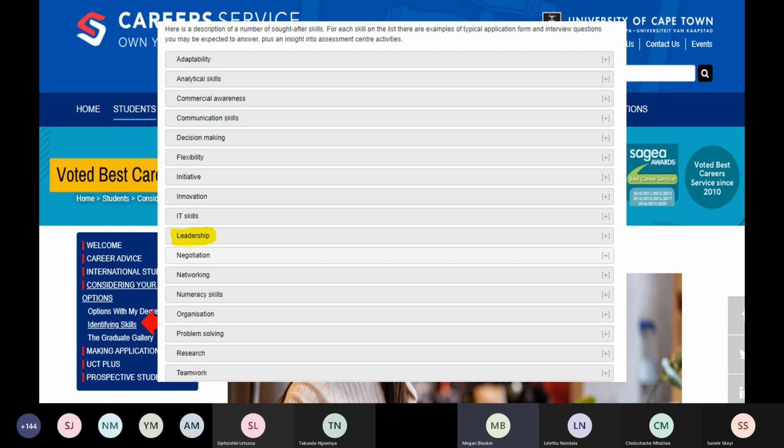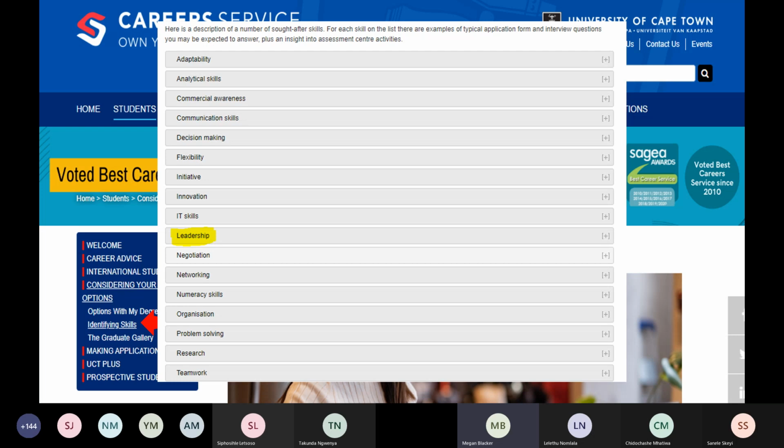And our website, careers.uct, is really, really helpful for this. If you were to click on the student tab on the website and go to understanding your skills or identifying your skills, you would then see a drop-down list. It's obviously not exhaustive, but what is really cool is if you were to click on, let's say, for example,